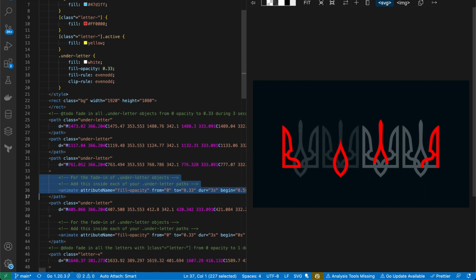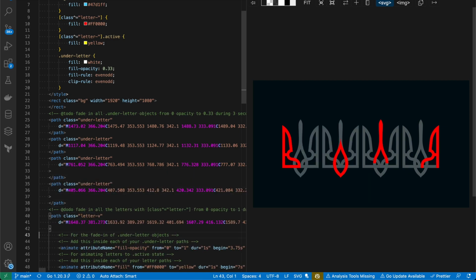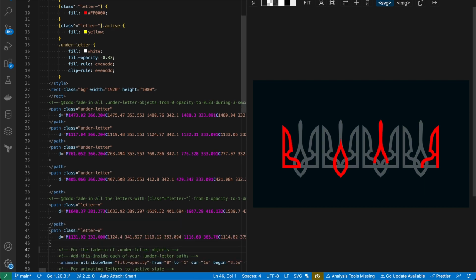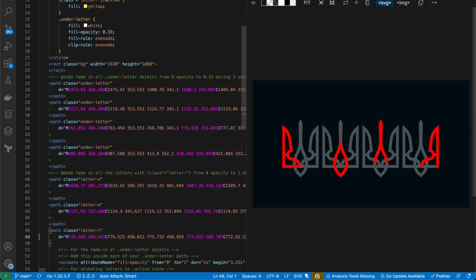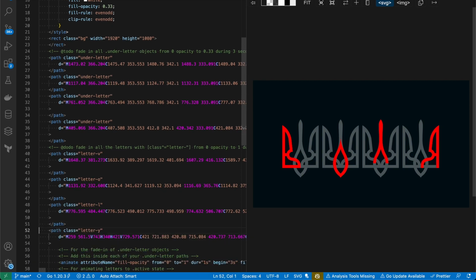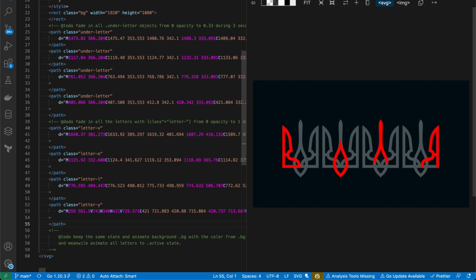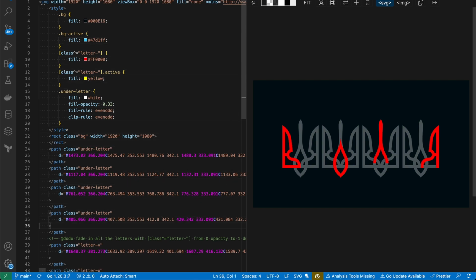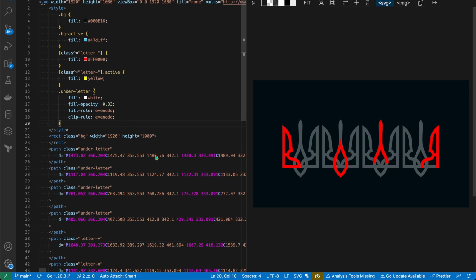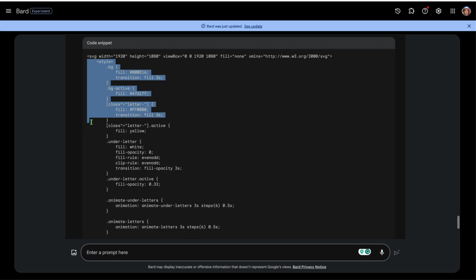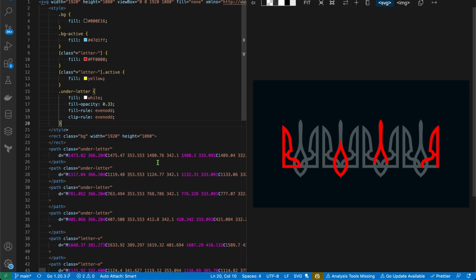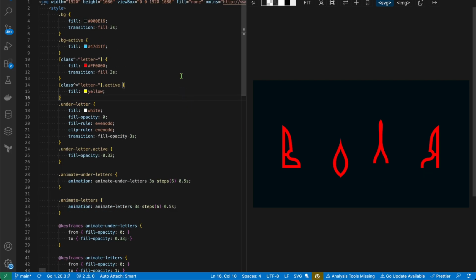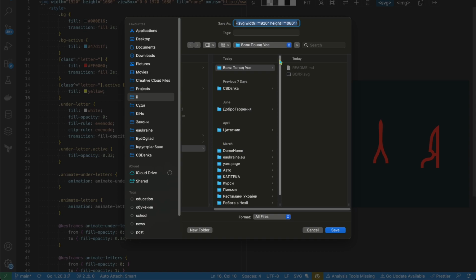I use closing text. Don't want to delete this, and I like these styles Bard suggested much better. Let's see, and this is how you can use, of course, if you have knowledge about SVG and CSS, these LLM models such as Bard, ChatGPT, or the rest. Let's see how